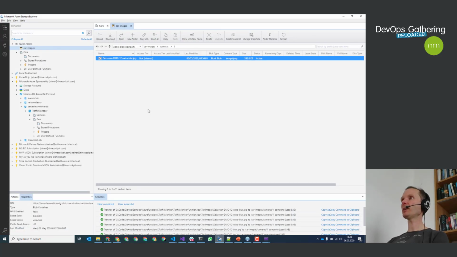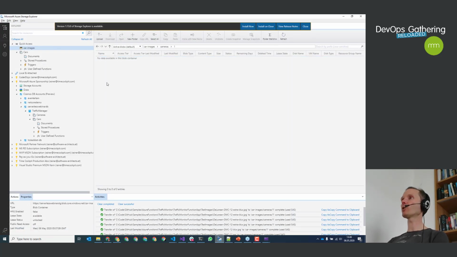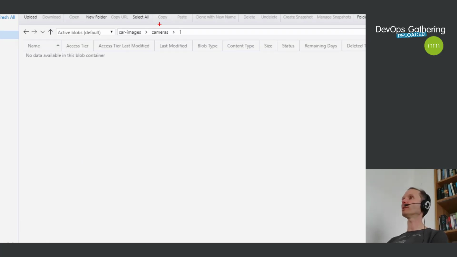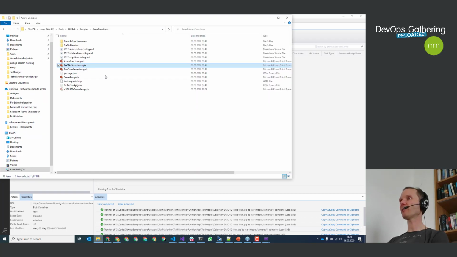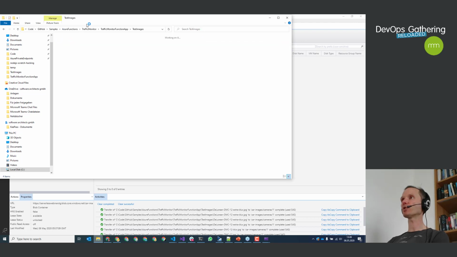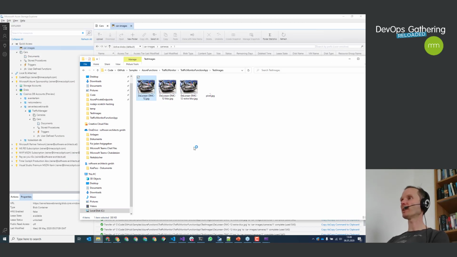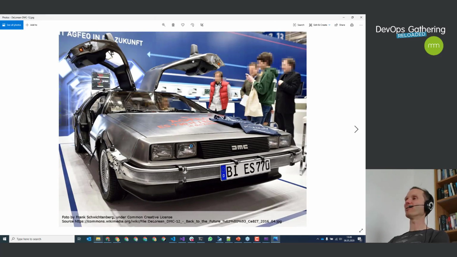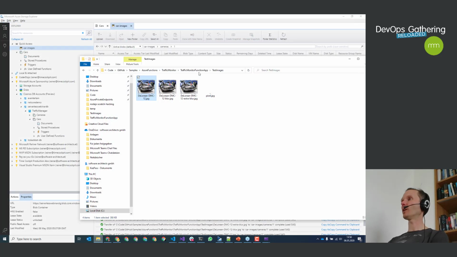And I've opened up here the so-called Storage Explorer that allows me to take the role of a camera. You see, this is where my fictitious IoT camera devices will drop in some images of cars. And of course, I have prepared some demo images. Let me show you these images here. Here they are. Of course, for a nice demo, I need a nice car. And in this case, you will see a DeLorean driving across the highway. And this is what we want to detect, this license plate here. Let's see whether it works.